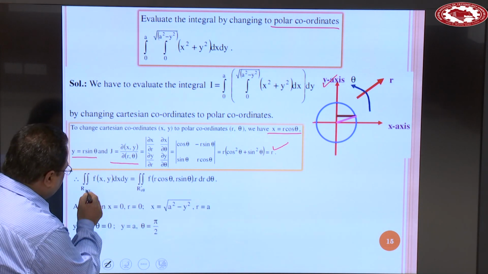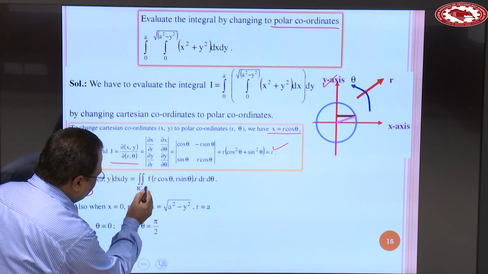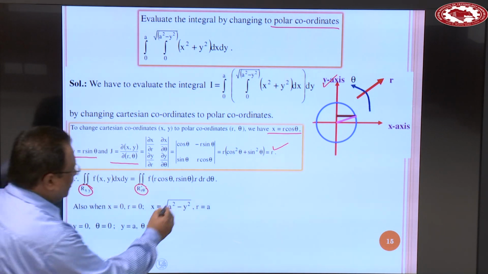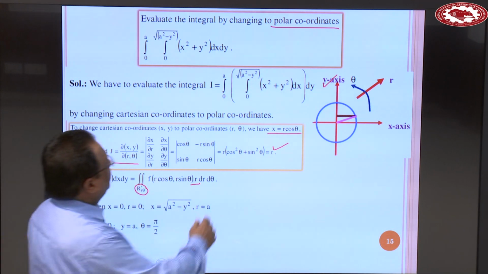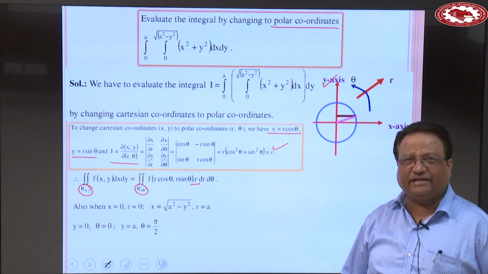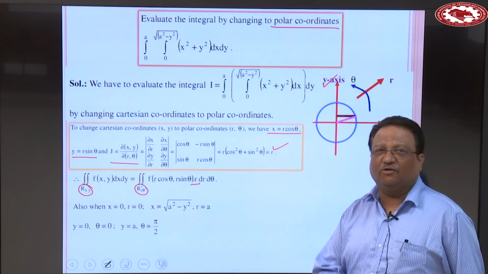So this double integral problem over the region R in the xy plane is converted into the region R dash in the r theta plane, and the value of the Jacobian is r. Clear? Now look at this region, trace it a little. Understand geometrically what the limits can be when you are doing the conversion.